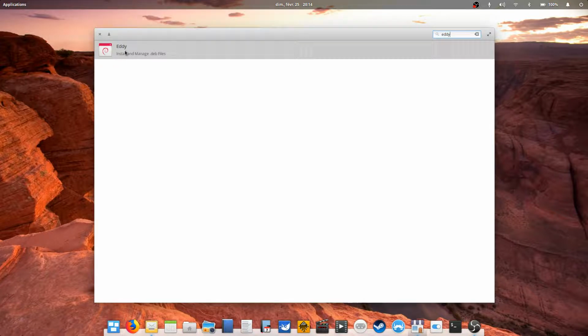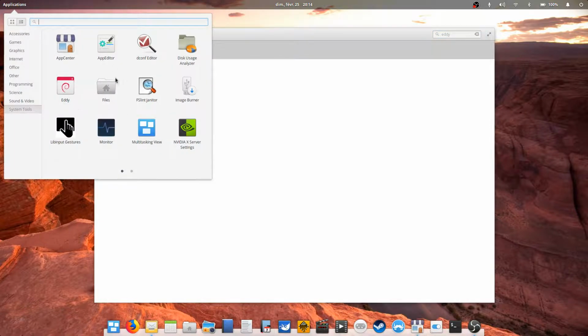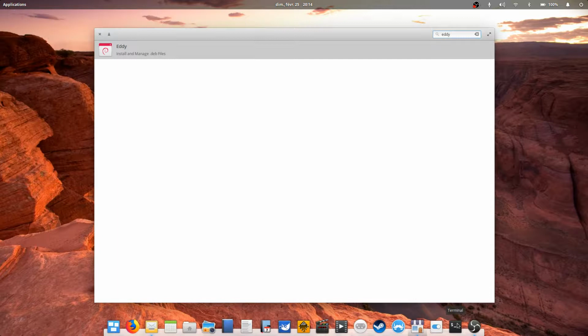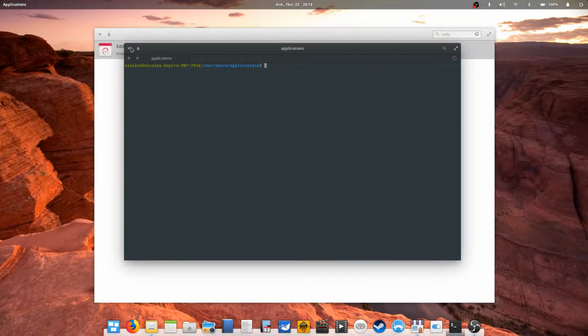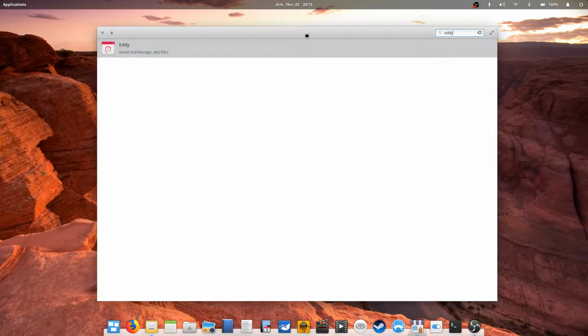So just install Eddy, click on the package, it will install your software, and it will show up in applications here if it's a graphical software. If not, you can launch it through a terminal down there. That's about it for packages, but now if a software isn't available in DEB format or inside the App Center,